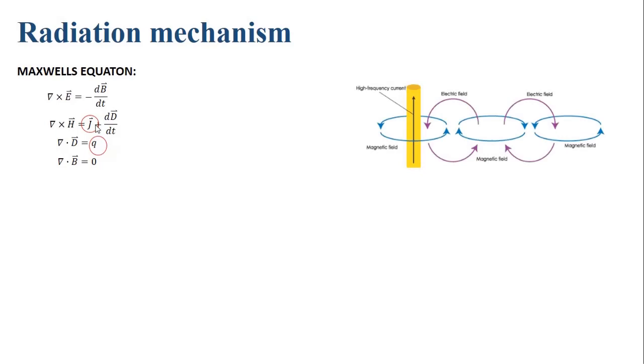Whenever the charge is at the resting state, it only generates the electric field. But if the charge is in motion, it generates electric field as well as the magnetic field. If the charge is moving with constant velocity, the E and H fields will have constant magnitude. While if the charge is accelerating, it will generate time varying E and H fields.